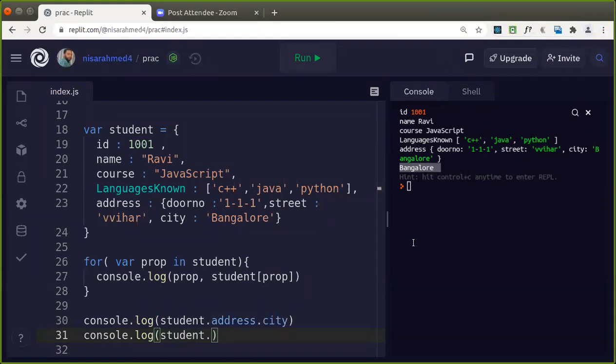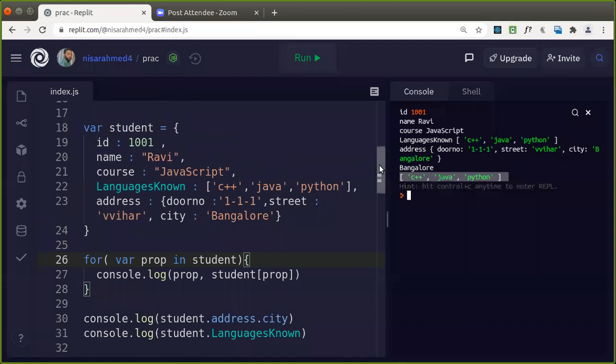So what we are doing here, student dot, languages known is the key. Is that okay, guys? This way you can just get only the array. So it will give you an array. So whatever operations you are performing on the array, you can just perform on that list of values. We'll see one example, some of that or greatest among that, you can just do that one. So these are different things.